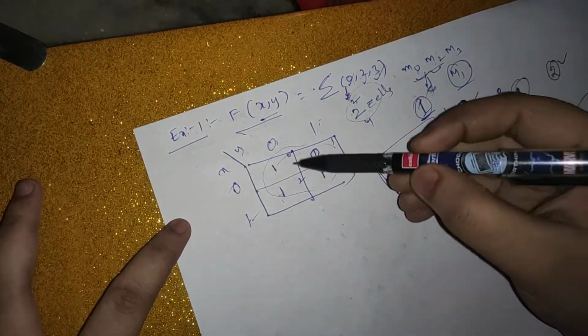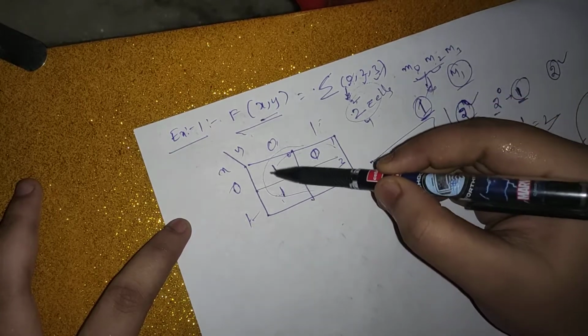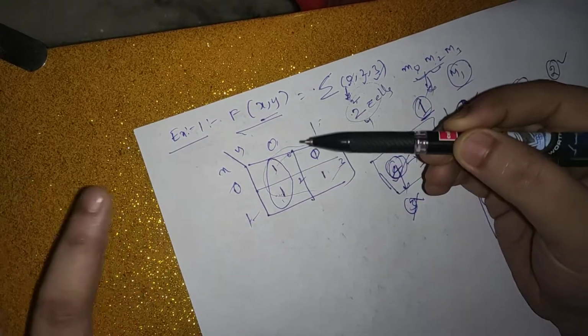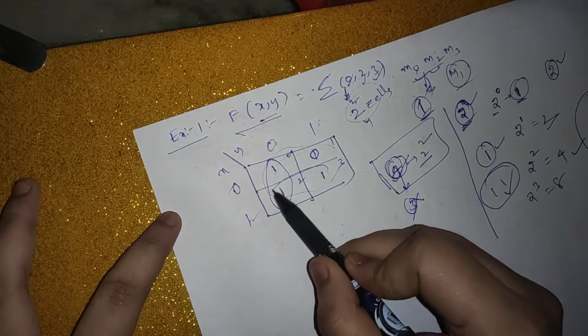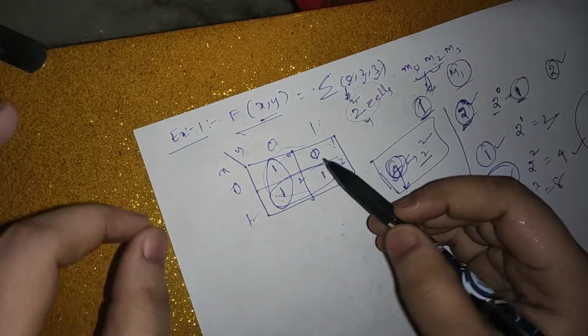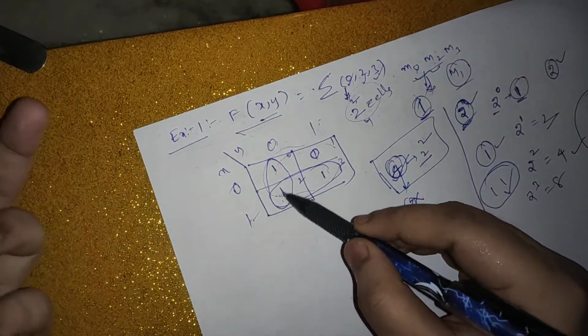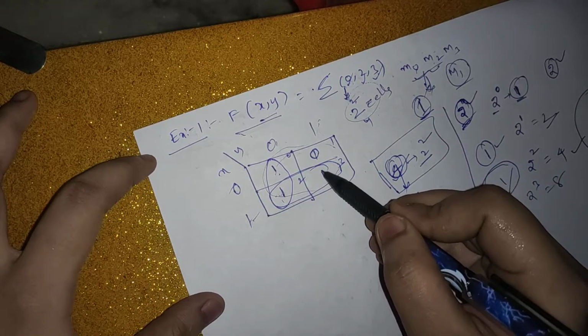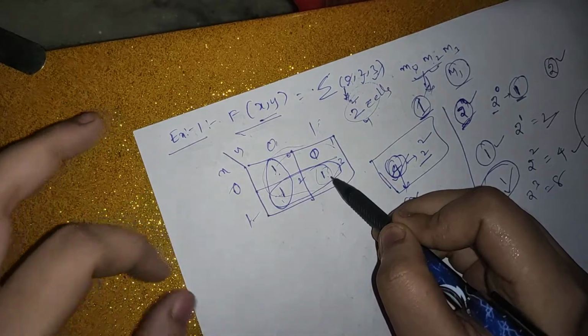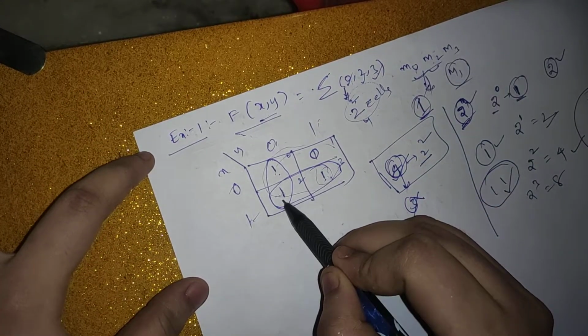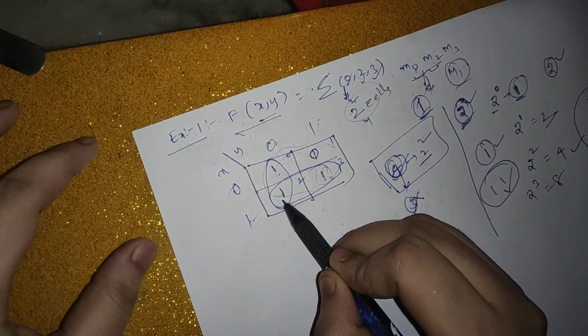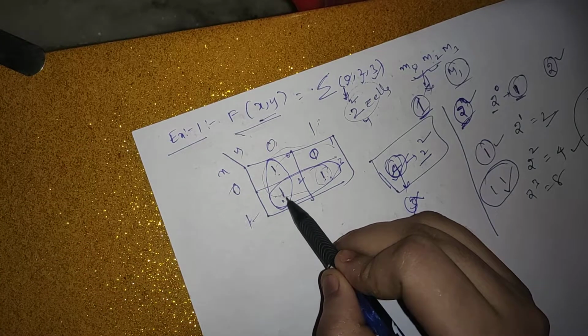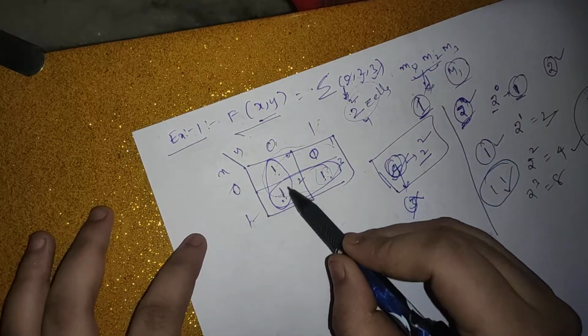2 pairings, how many can we write? These ones can be paired, and these can be paired. Anything which is included in one pairing can also be included in another pairing. But don't leave this one isolated, because it has an adjacent one, so it should be paired with the adjacent one. So don't leave that.